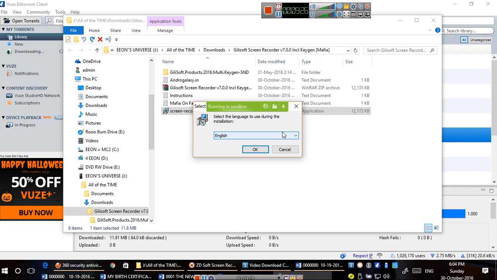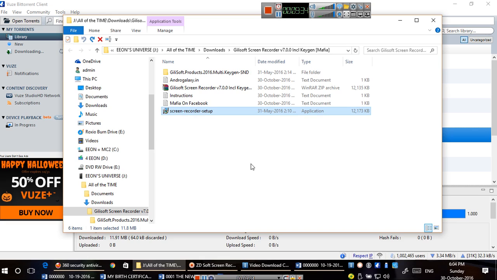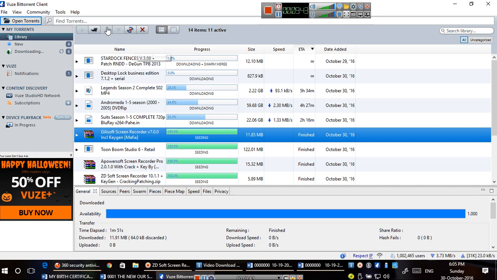Now, why do I need that type of protection? Just in case, see, running in Sandbox means it will protect me from viruses. Okay? Now, if there's a virus, 360 will pick it up and it will quarantine it. Why? Well, because, okay, I have on my computer, let's see,